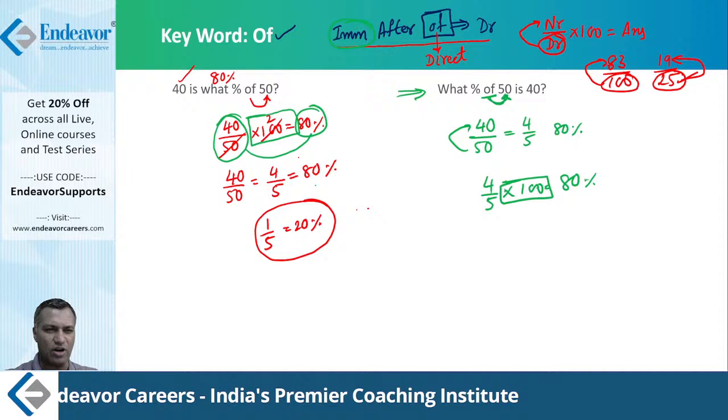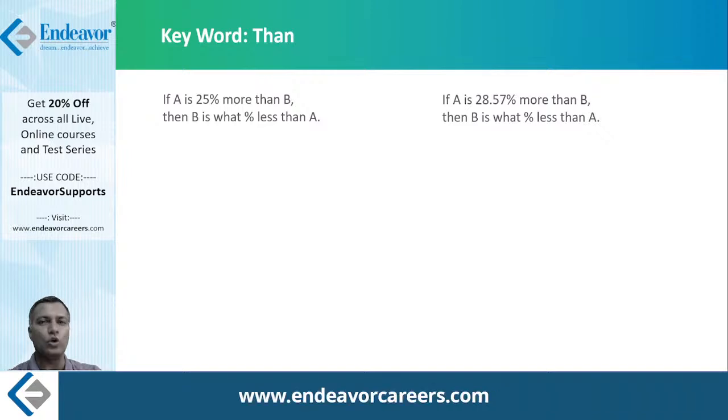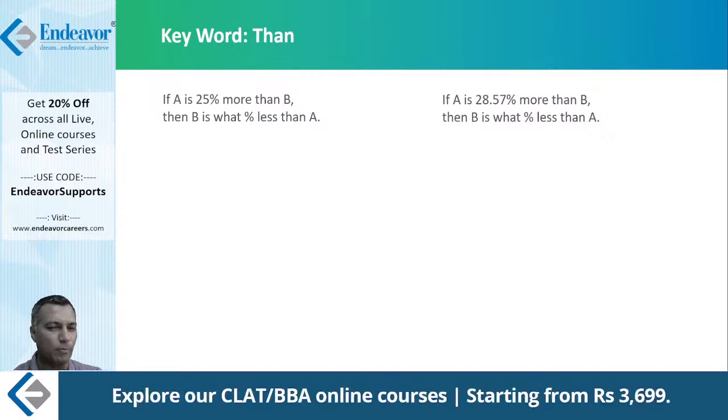Importance of keyword "of". There is another important keyword in percentage. Okay, we are fixing the nuts and bolts now, right? We are not getting into the problem. That's later. Once the nuts and bolts are in place, constructing an assembly is not a problem, right? You might have all the components, but if the nuts and bolts are missing, fixing the components is a challenge, right? So what we are doing with "of", "than", etc. is trying to understand the nuts and bolts. Then when we go to the word problems, that's an assembly. We will be easily able to fix the assembly, provided these nuts and bolts are in place, right?